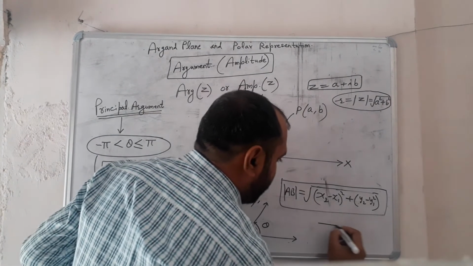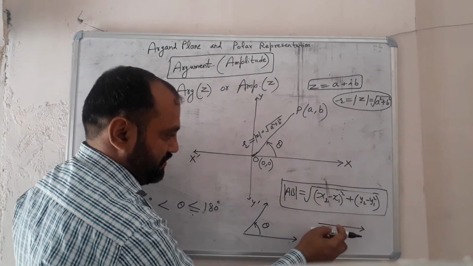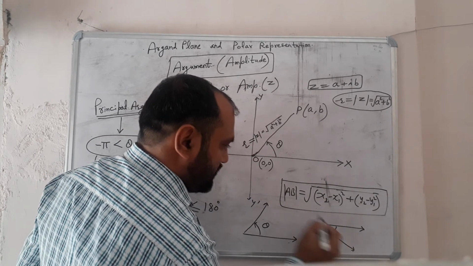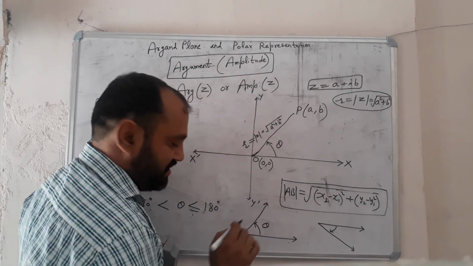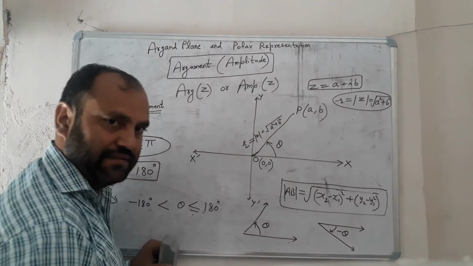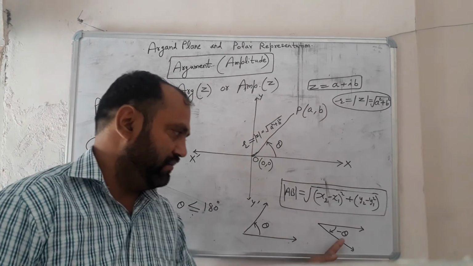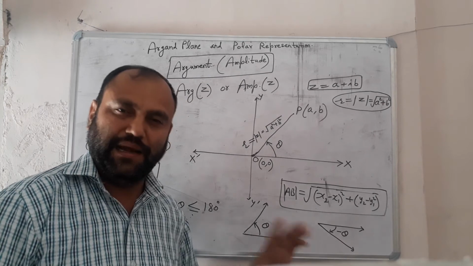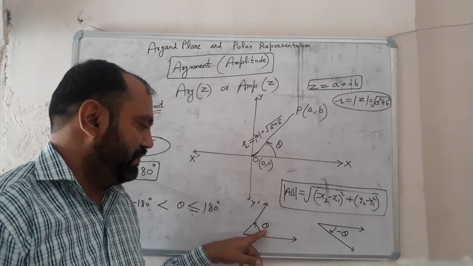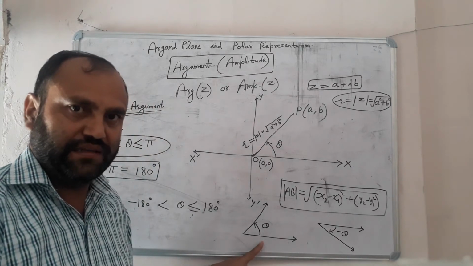But if I rotate an initial ray in clockwise direction, like this, and like this, right? So this is clockwise direction, this is anti-clockwise direction. So this angle is a negative angle, minus theta. So I hope you understand what this minus sign represents: the minus sign represents that the angle is negative, and this means clockwise rotation, and this is anti-clockwise rotation.